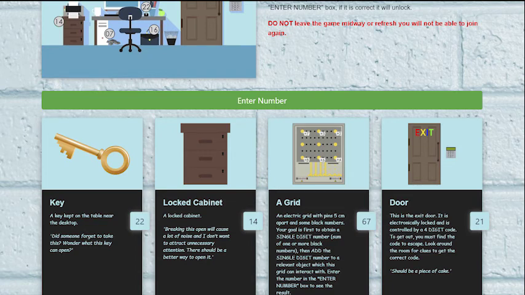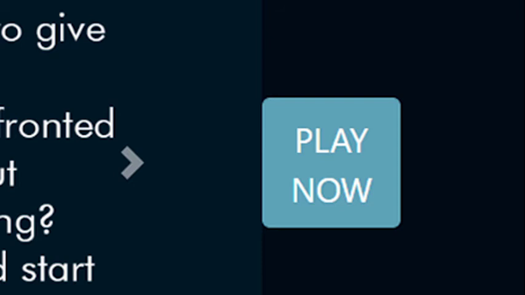Once you have gone through all the rules and if you're ready to play, press the play now button. As soon as you press on play now, you will be redirected to the room and the timer starts ticking. Look at the picture carefully and all the relevant objects are denoted by a number and a description below the picture. As a team, first go through all the description carefully and then begin your process to find that ultimate 4-digit code. Remember, you have those 2 actions that you need to keep on doing.